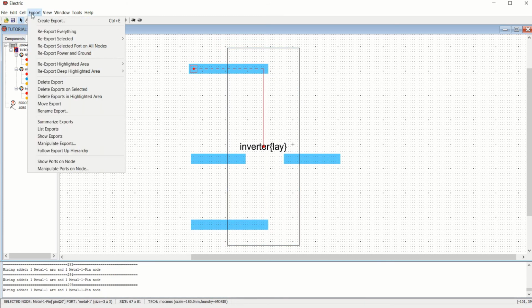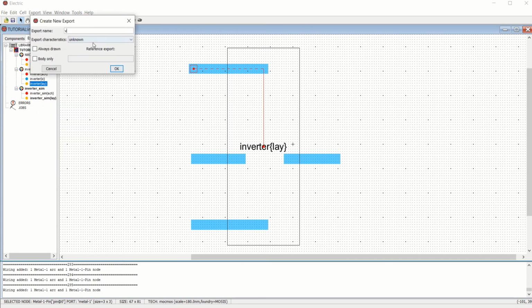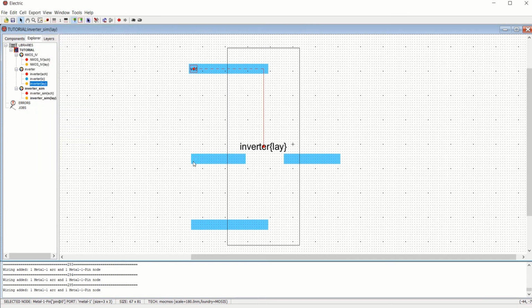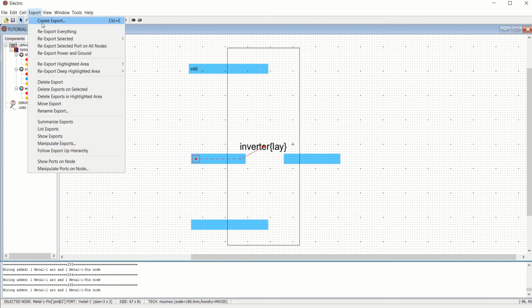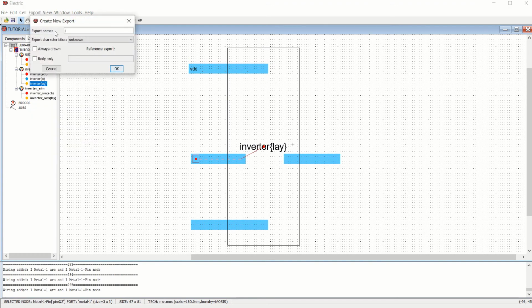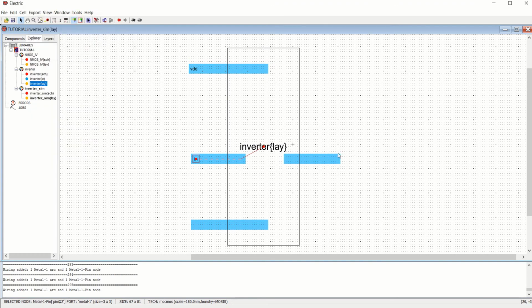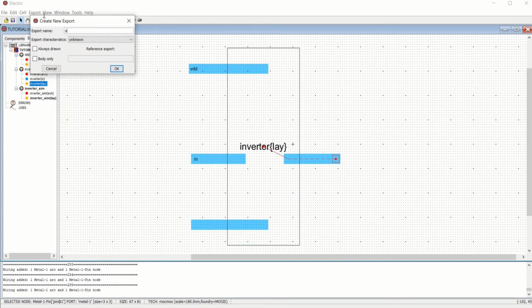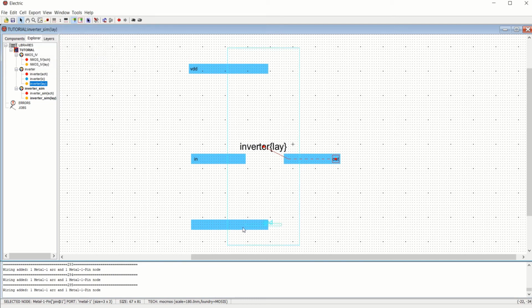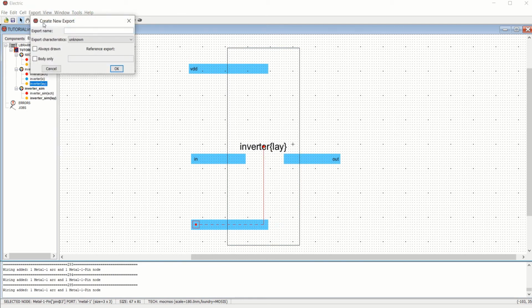This one as export VDD, this one as in, and this port as out, and this one as ground.